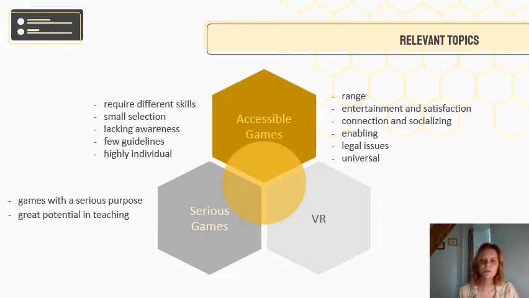So not only people with disabilities can benefit from accessibility features. That means, as an example, think about like you broke your arm and you cannot hold a controller, or your headphones are broken and you need subtitles. And these are called situational disabilities, so barriers that occur in everyday situations.